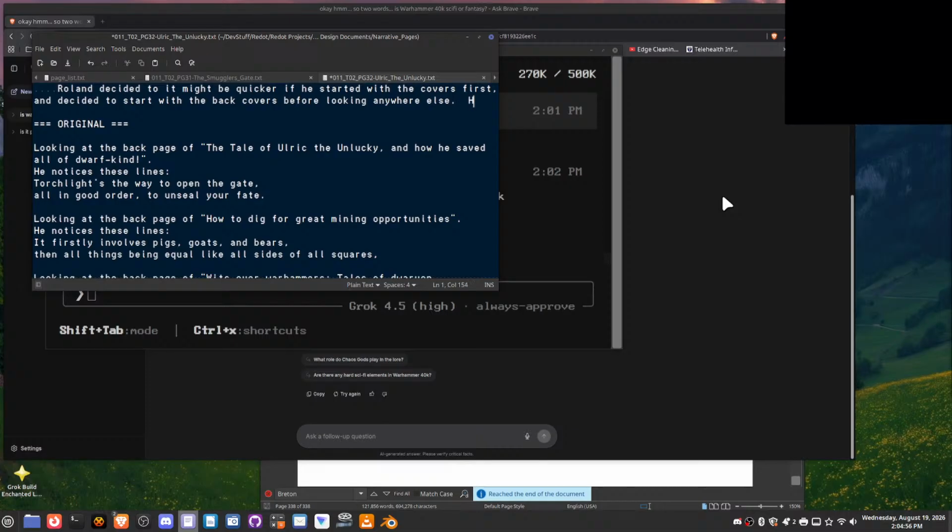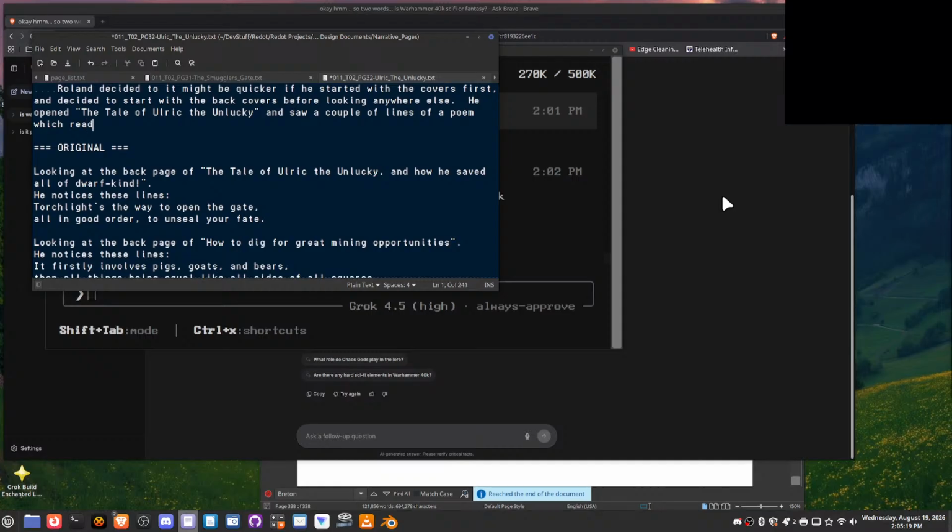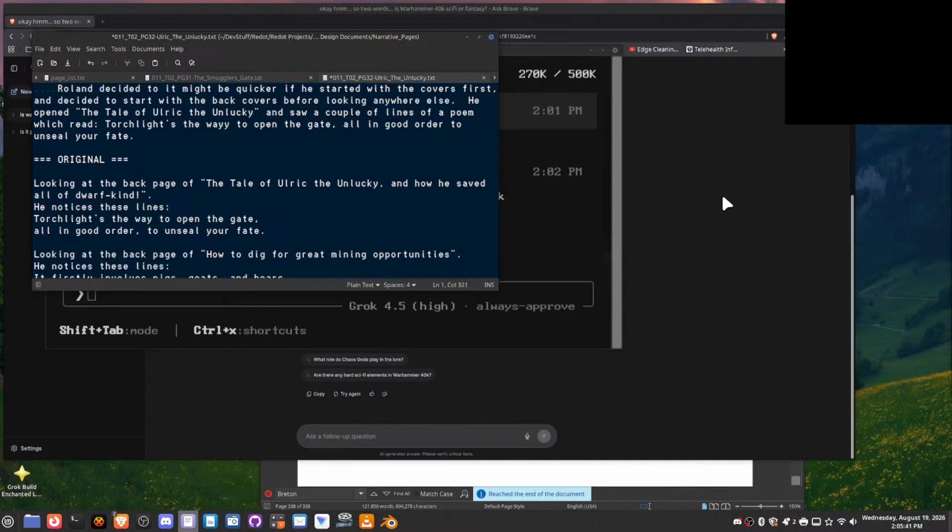He opened The Tale of Ulrich the Unlucky and saw a couple of lines of a poem which read, "Torch lights the way to open the gate, fallen in order to unseal your fate." Next,